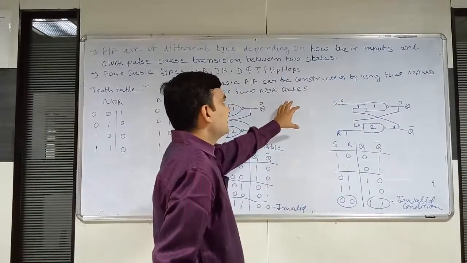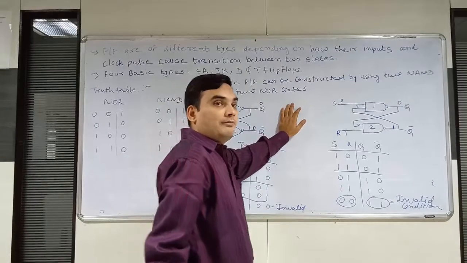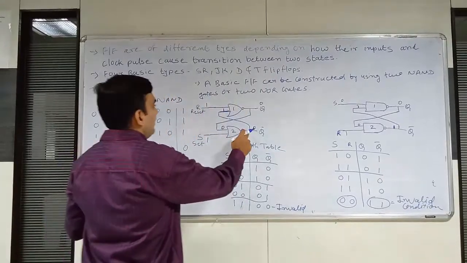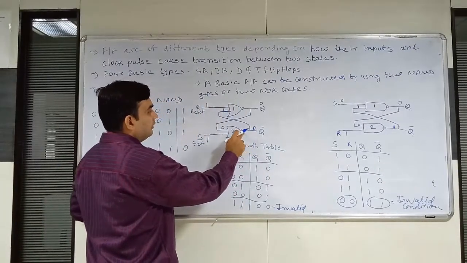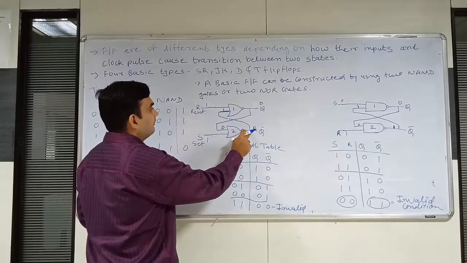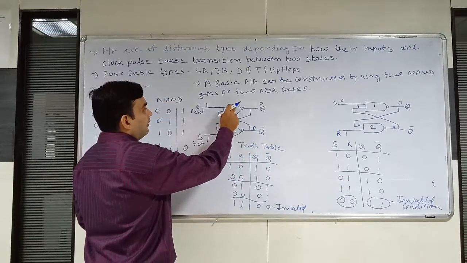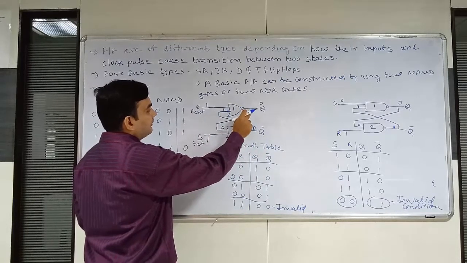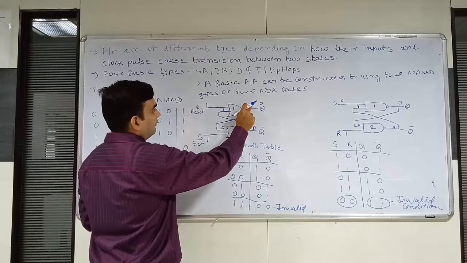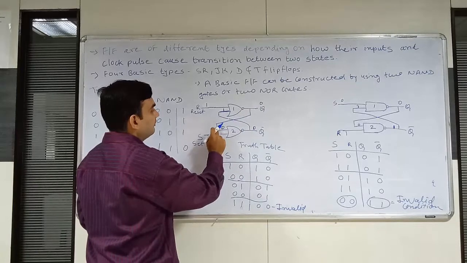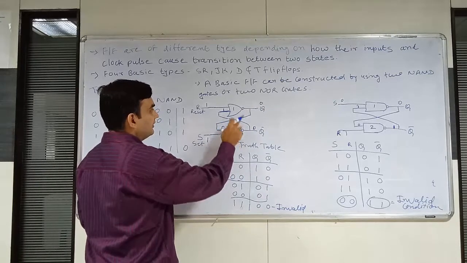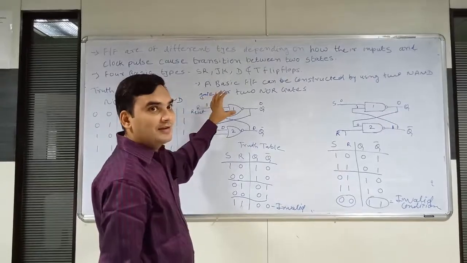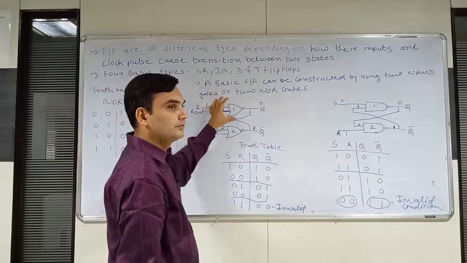So this is the way how the basic flip-flop works, and why it is called latch. The output of the second NOR and NAND gate will come through the input of the NAND and NOR gate 1. So this output will come here, and also this output of the NOR gate 1 will be input of the another gate 2. So this is called latch. Sometimes it is also called direct couple RS latch or SR flip-flop.